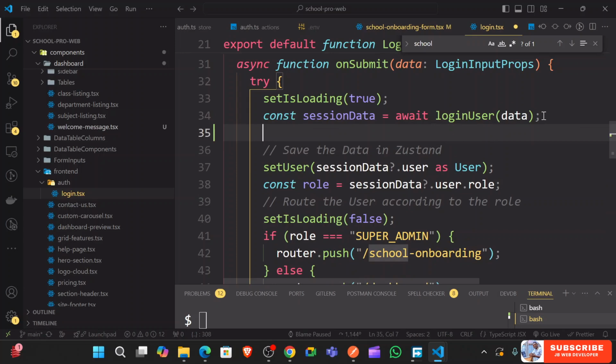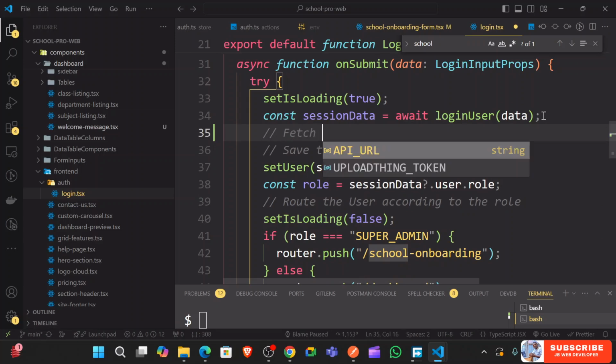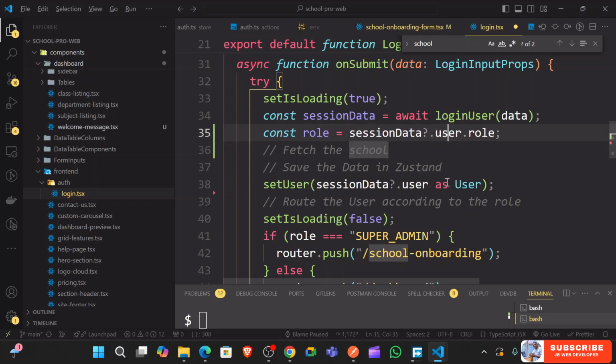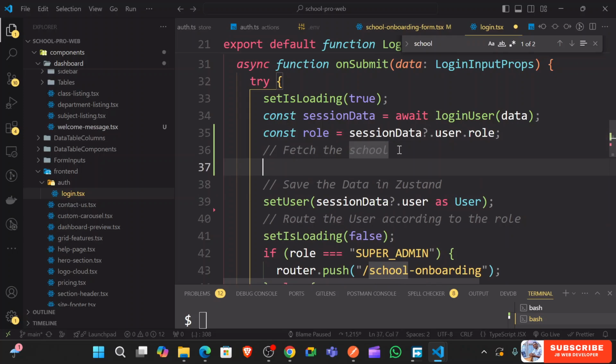So after getting the session data, we could just go ahead and fetch the school, and that is after getting also the role. Because this is going to dictate, okay, so fetch the school and the